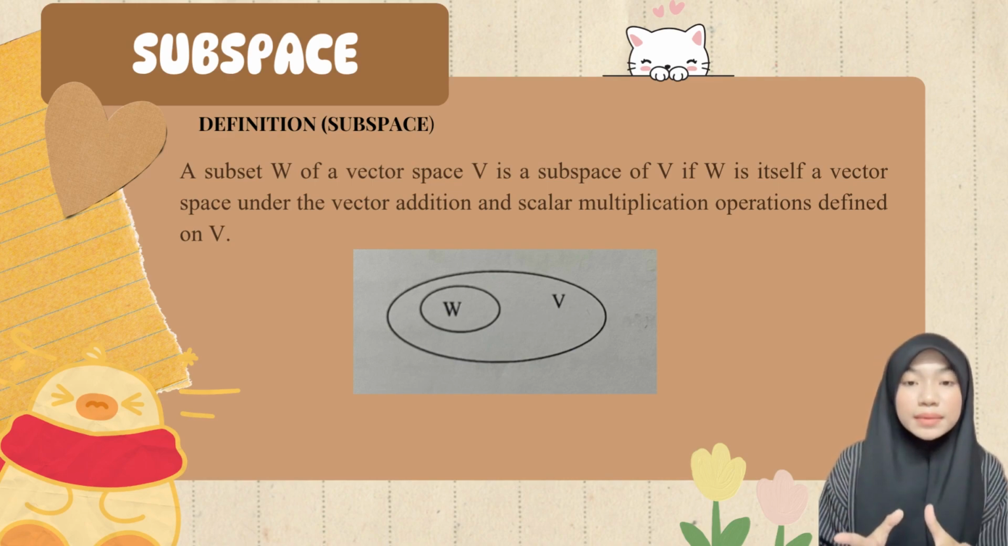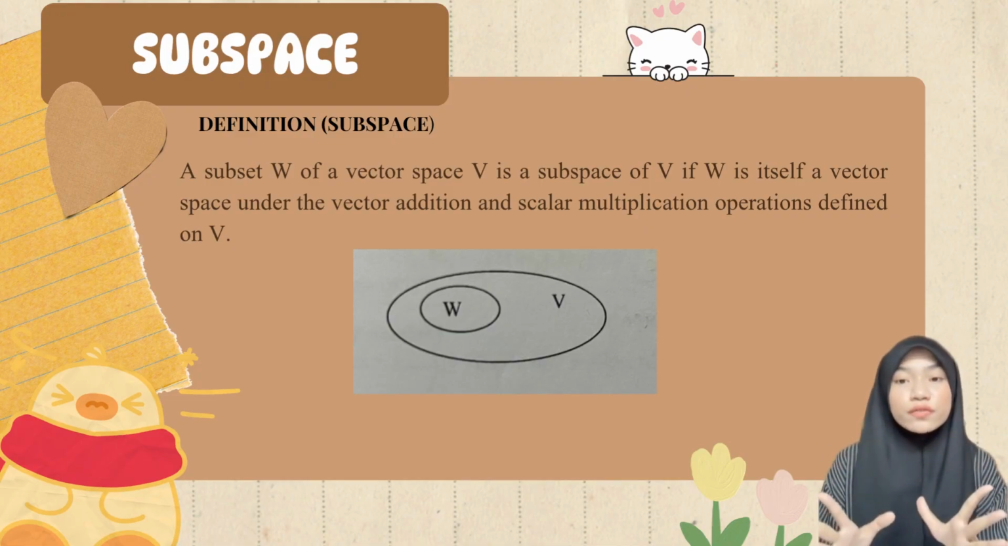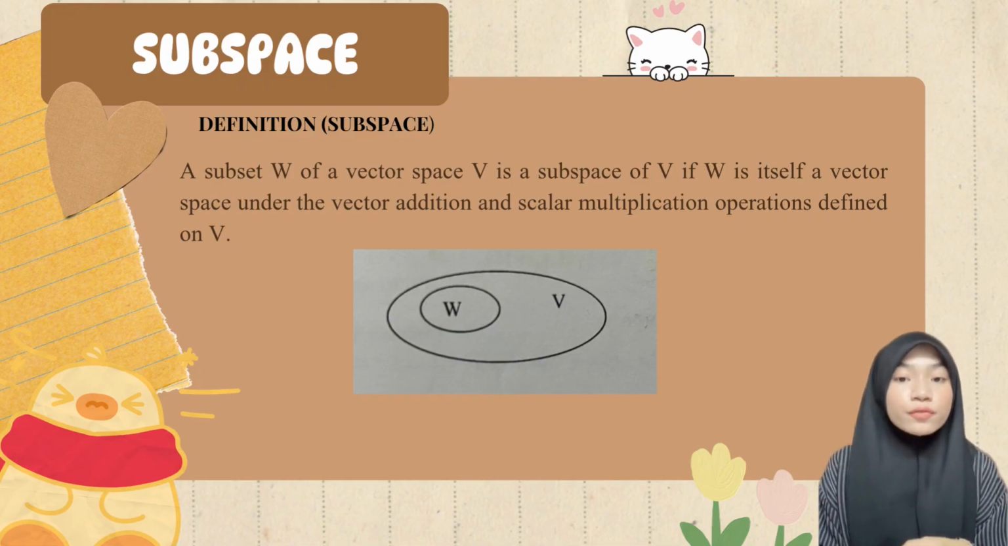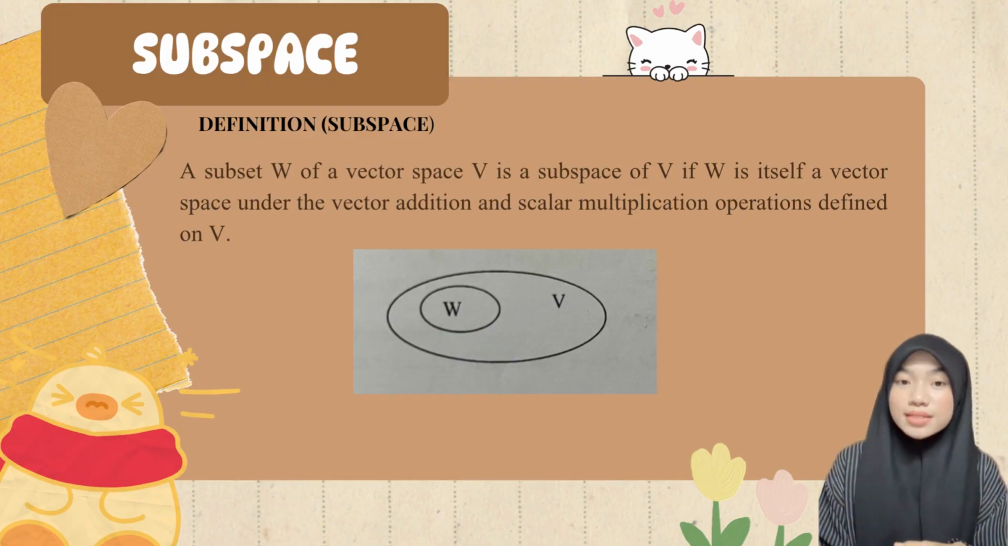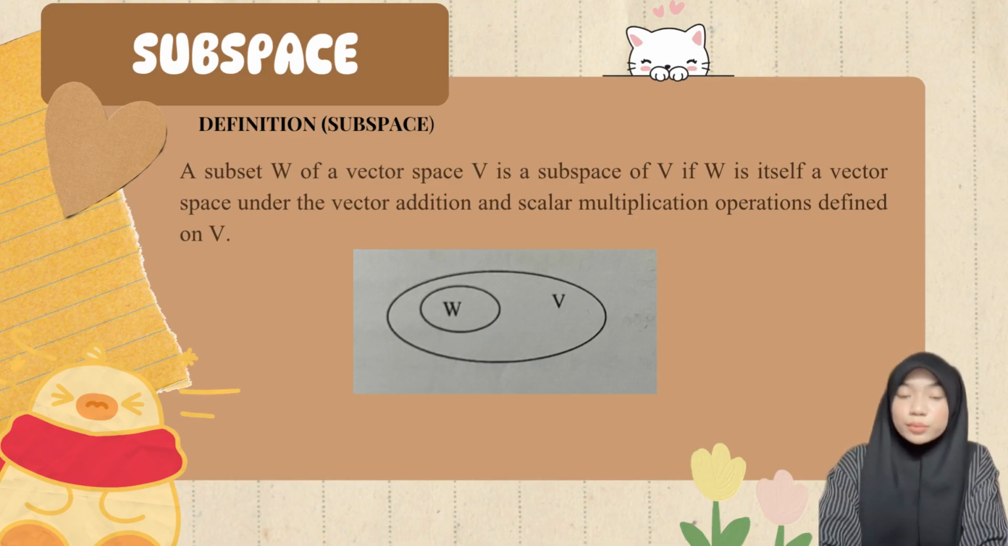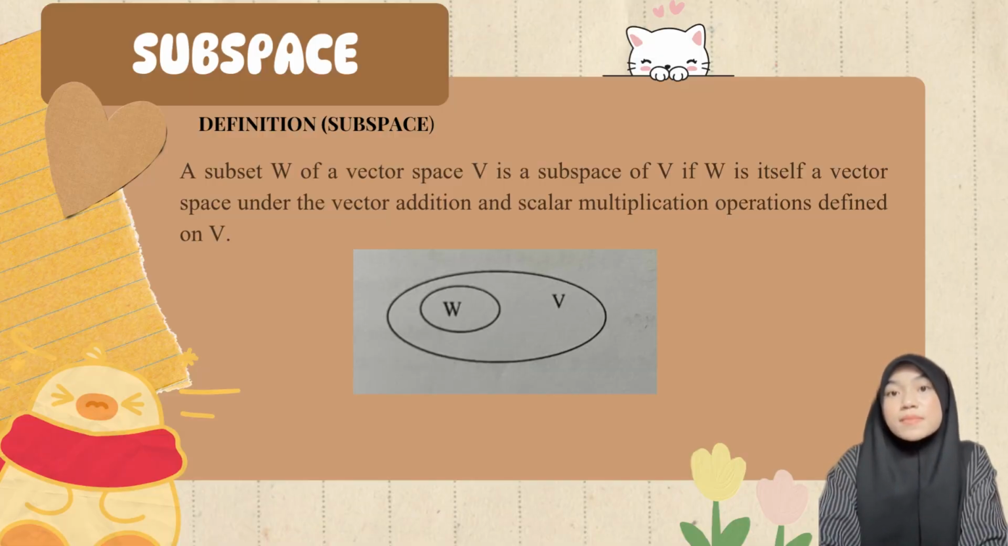So, in mathematics, a subspace is a smaller set inside a larger vector space, where the smaller set is fully complete and still obeys all the original law of the larger space. Then, according to our textbook, the definition of a subspace is a subset W of a vector space V is a subspace of V if W is itself a vector space under the vector addition and scalar multiplication operation defined